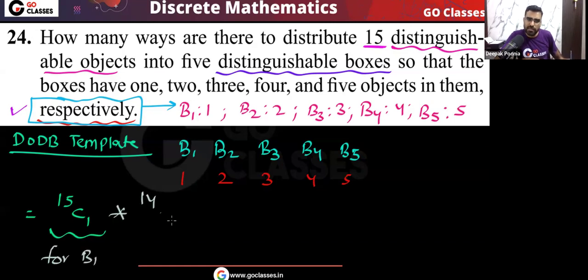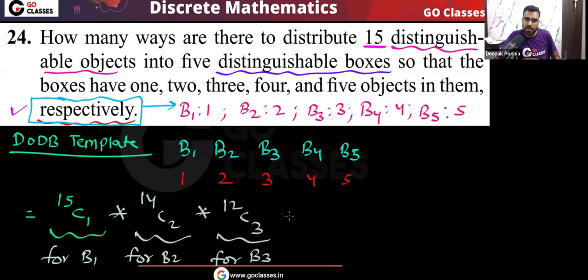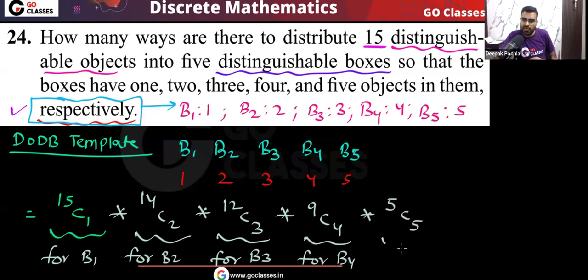From the remaining 14 elements I will choose 2 elements and put them in the box B2. From the remaining 12 elements, I will choose 3 elements and put them in the box B3. From the remaining 9 elements, I will choose 4 elements and put them in the box B4. And from the remaining 5 elements, I will choose 5 elements and put them in the box B5.